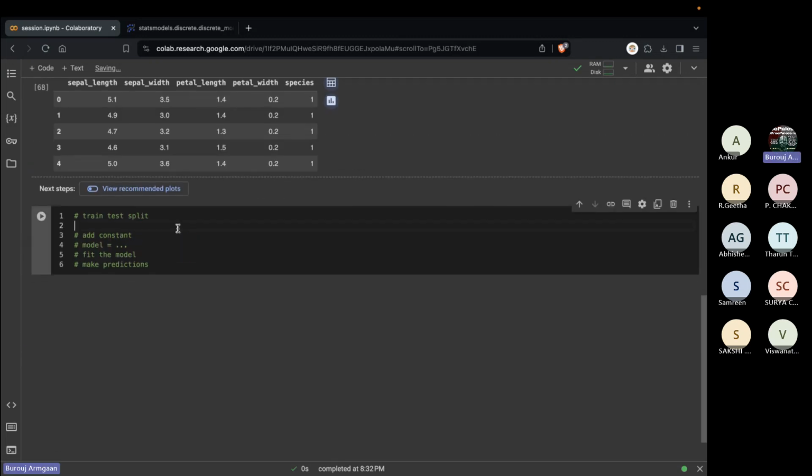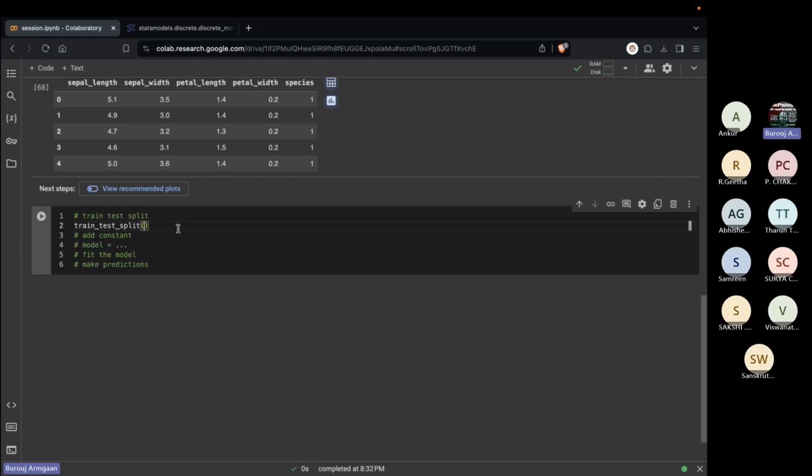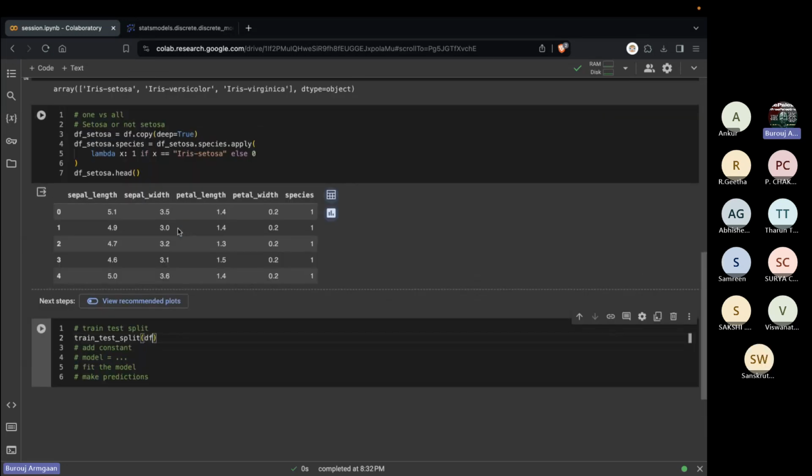So we have train_test_split, and we have to pass it df_setosa without the species column. So this becomes our training X data, and the Y data is just species. We want to set a random state, let's say 0, and the most important parameter is